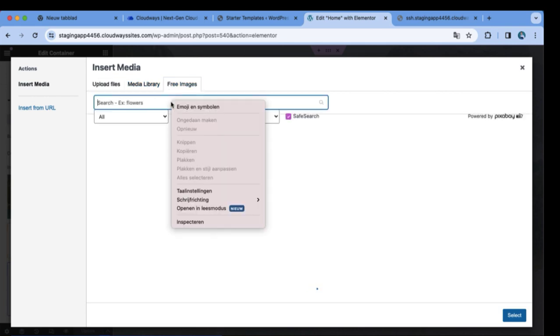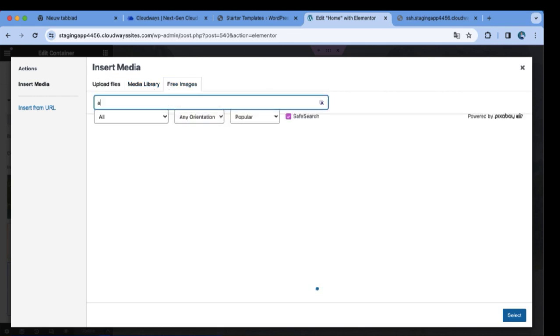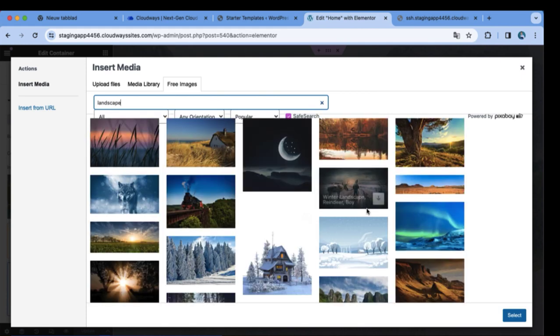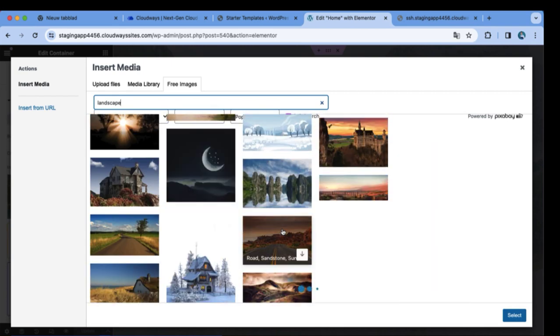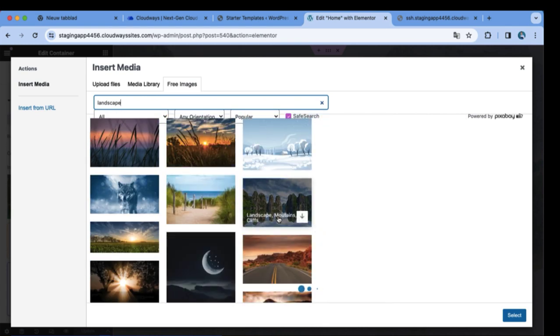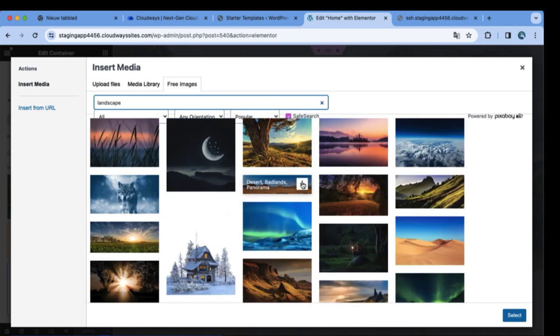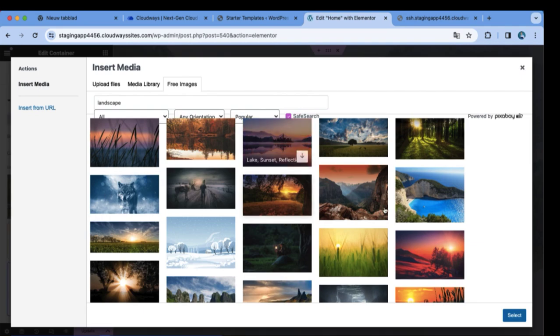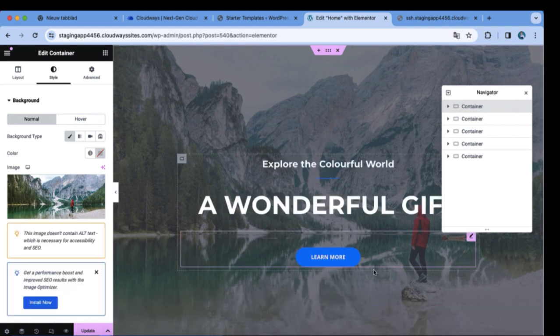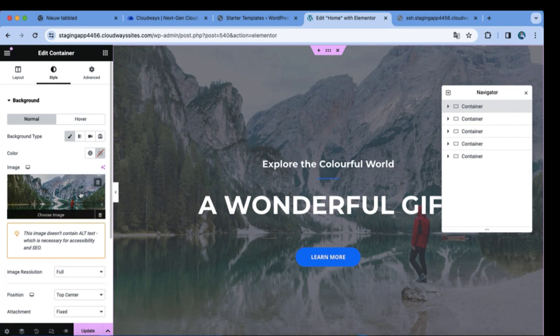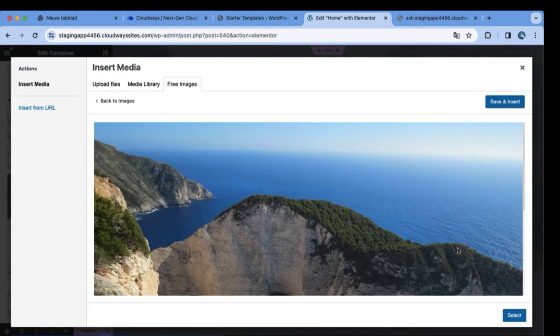Media library, free images. Just enter it, and right over here you get all the images that are free. So that is amazing. And right over here we are searching for the right image. We selected our image, and let's take a look how it looks. Import this beautiful landscape picture and change this content, and we will wait until it's loaded and try again. Oh, save and insert above. Connecting,